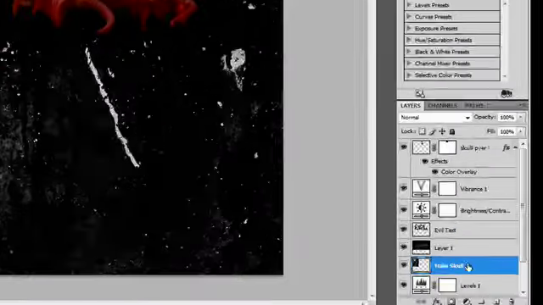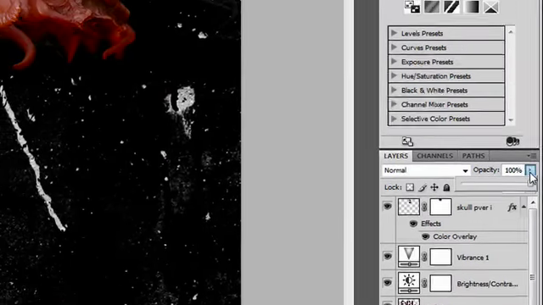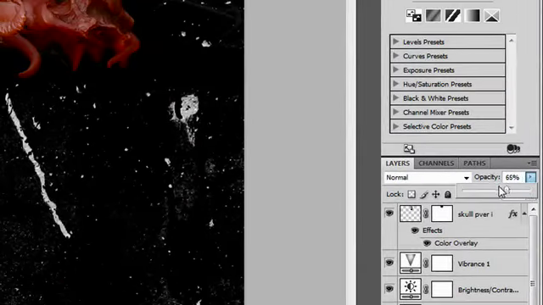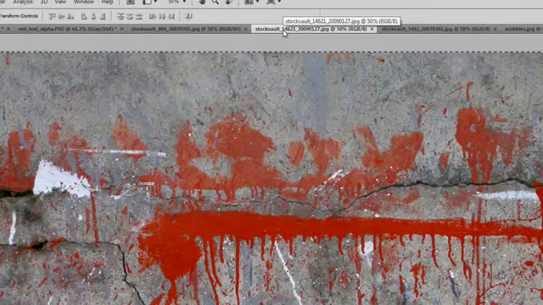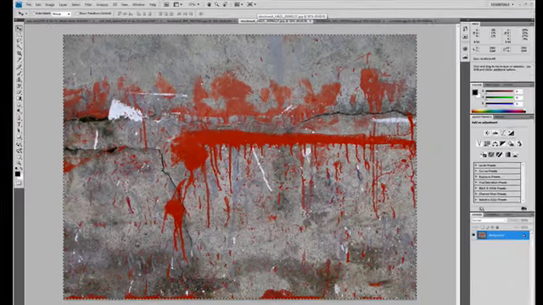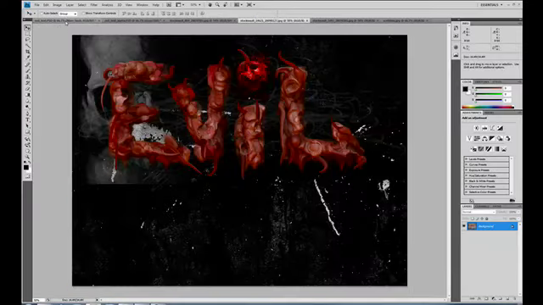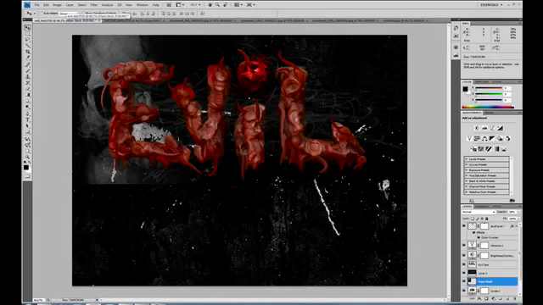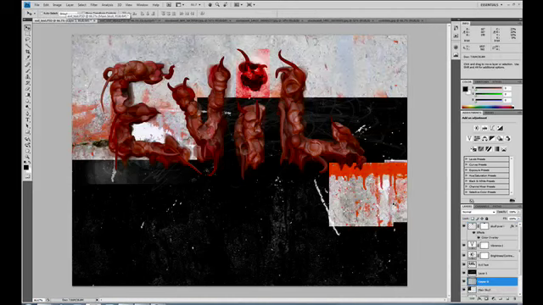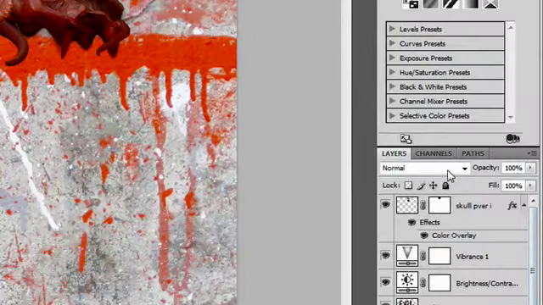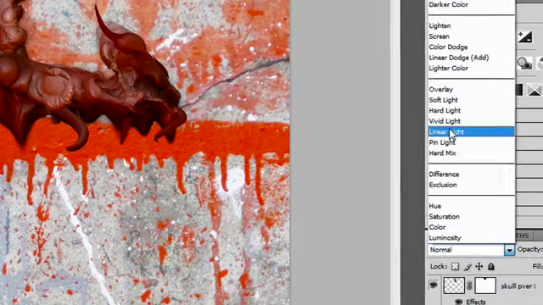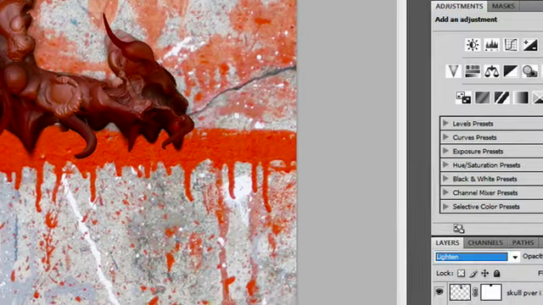I'm going to click on the main skull. I'm also going to lower the opacity on this. That looks good. At 38%. Okay, now we'll go back over to our blood background, and we'll press Control C again to copy it, and go back over to our main PSD and press Control V to paste it, and then we'll choose lighten for the blending mode on this layer, and we'll drag it up